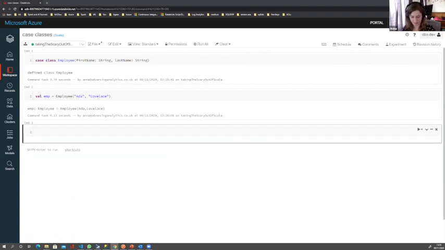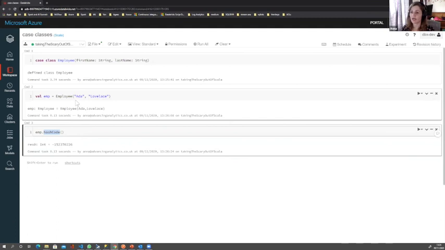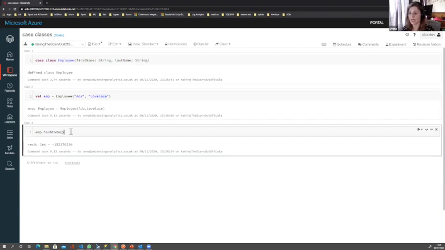So then what can we do with this case class instance? What is the magic that we can work with? First things first, I'm going to show you hash codes. So I've done my employee.hashCode. What is that? If you've worked with hashing before, this may be familiar to you. A hash code is essentially getting all of the data out of our employee instance, Ada and Lovelace, and hashing it. So we can hash the data and then compare it at a later date to see whether anything has changed.